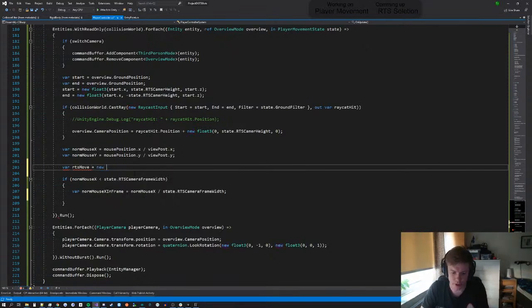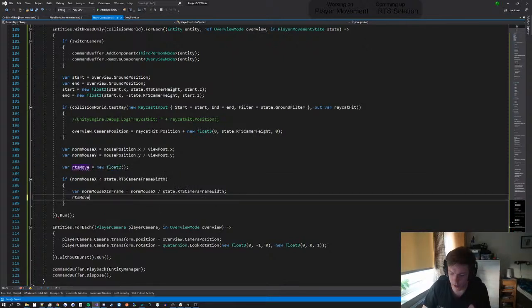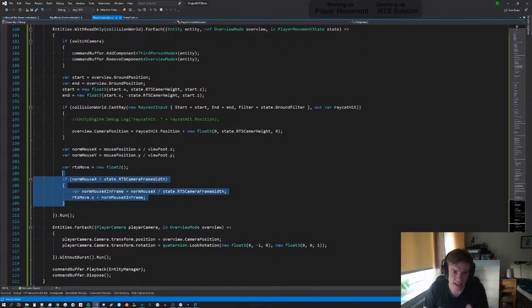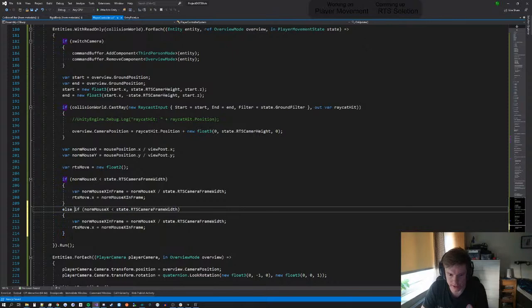RTS move new float 2. And then we do something like this. X is equal to this one. So we could obviously just move that right down, but it's a little bit easier to understand what's going on here. And then if we do the other way, else if mouse X is above, and now we want to detect the other side, and that is basically going to be